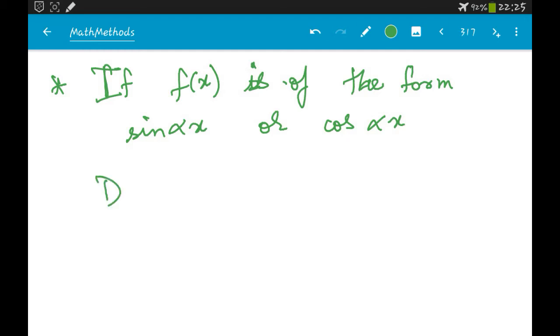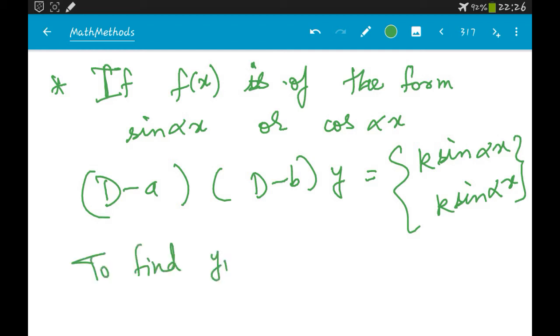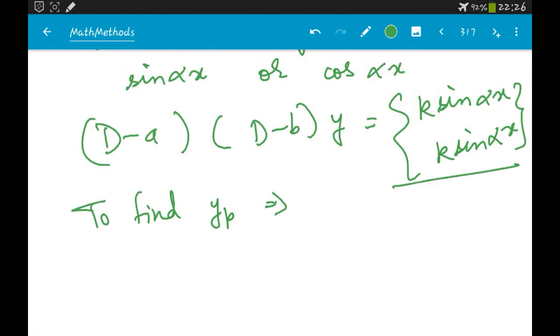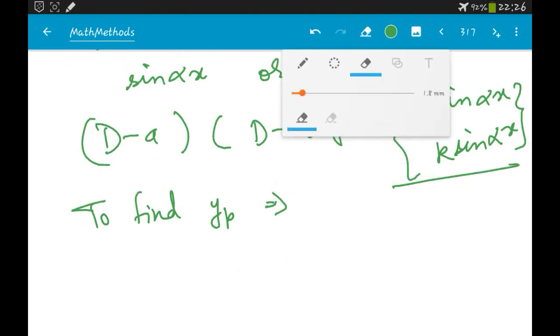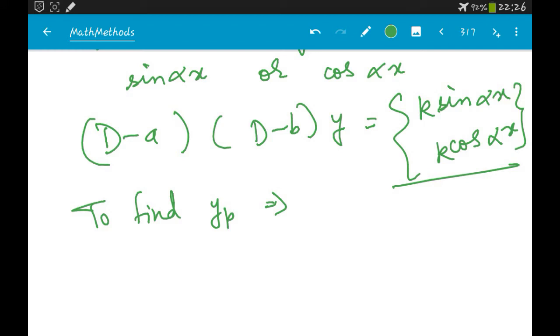If it is of the form d minus a into d minus b into y is equal to k sin alpha x, let's call it alpha itself, or k cos alpha x, then what we'll do to find yp, for k sin alpha x, we will write